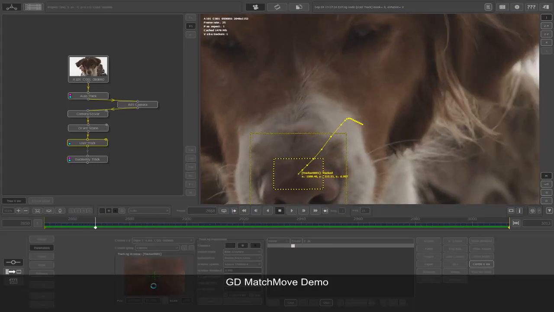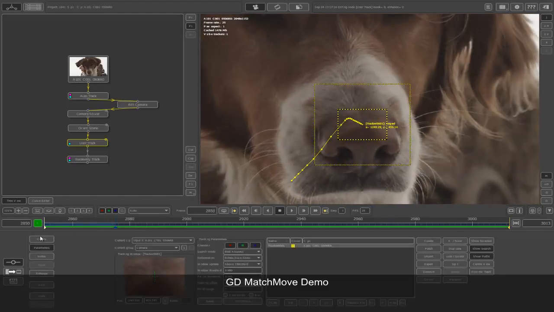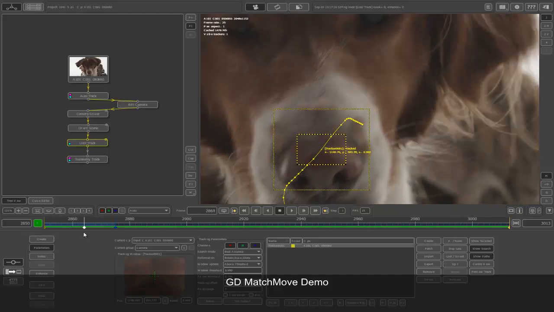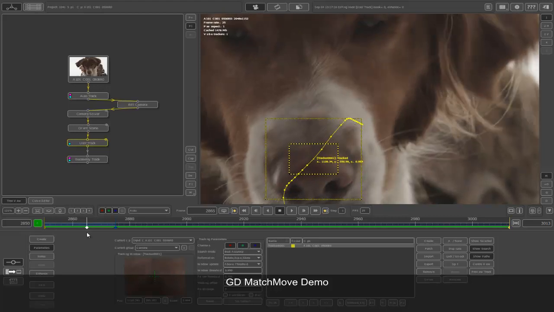Looking at this, I can see the track just slipped, so I'll just hit escape on my keyboard. I'll go back to the point where it slipped, so here it's perfect at this frame. I go forward 2 frames, 3 frames, 4 frames, here it's already constant. So for the frame where it's still slipping, I go to the last frame of it, I move the track to